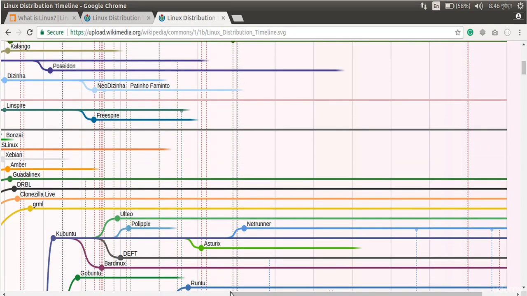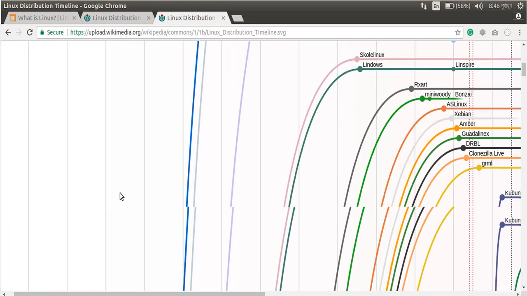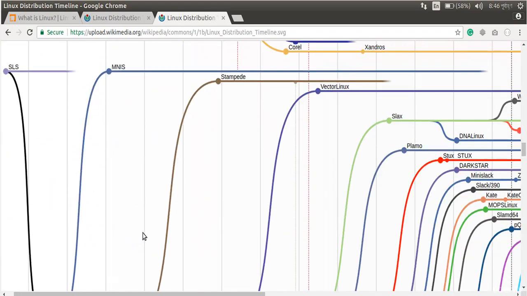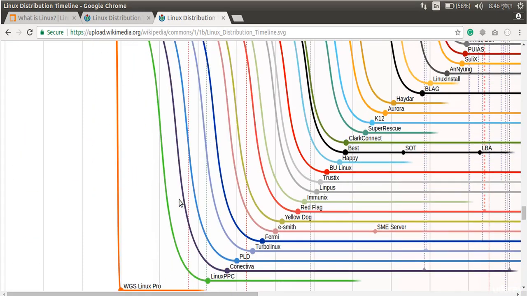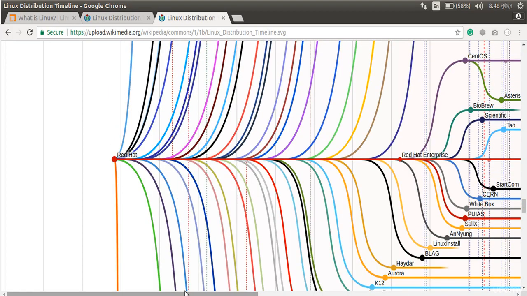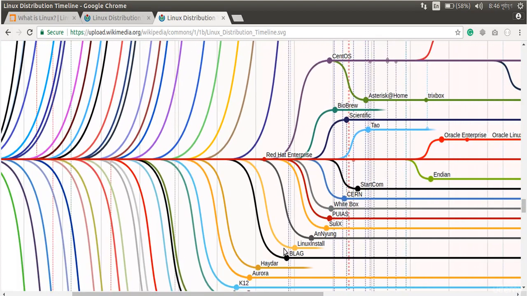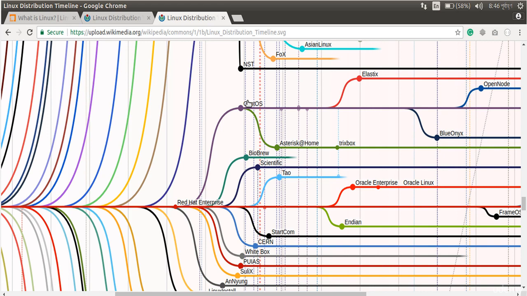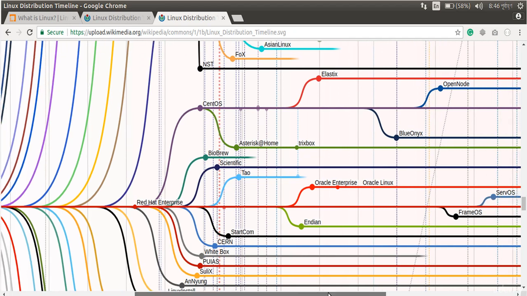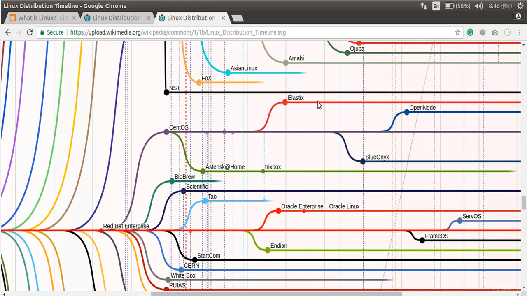So where is our Linux version? CentOS. CentOS would be under Red Hat because it's derived from Red Hat. Yes, Red Hat. And Red Hat has a whole bunch of lists, and yes, that's our CentOS. And CentOS is derived from Red Hat, and as you see, there are other versions that are actually based on CentOS. So I suggest you spend some time over here and meet me in the next video.